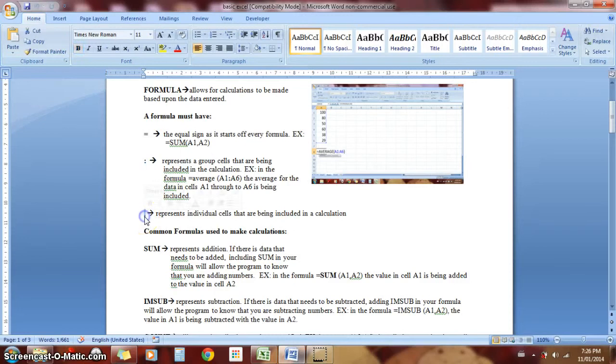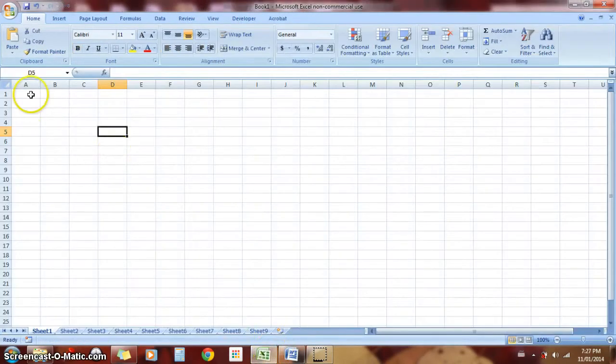and then the comma. So what the colon represents is a group of cells that are being included within the calculation. So for example, if you want to add various numbers between A1 all the way down to A10, so you want to add A1 down to A10, you would represent all these numbers